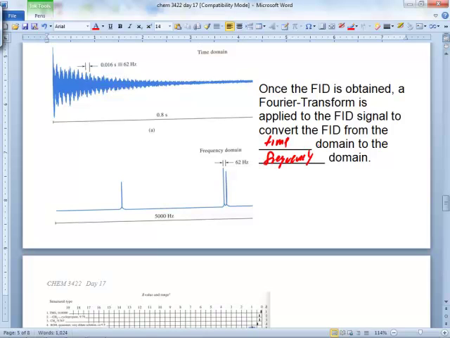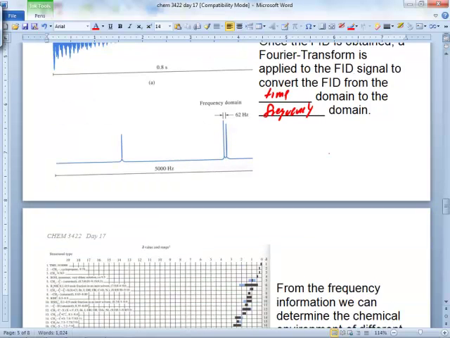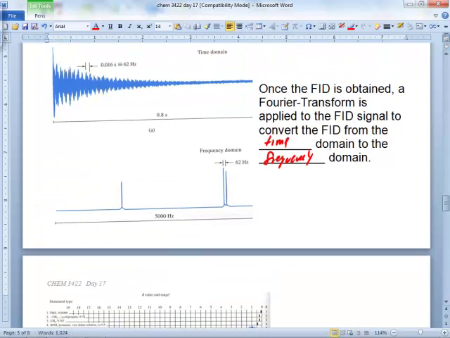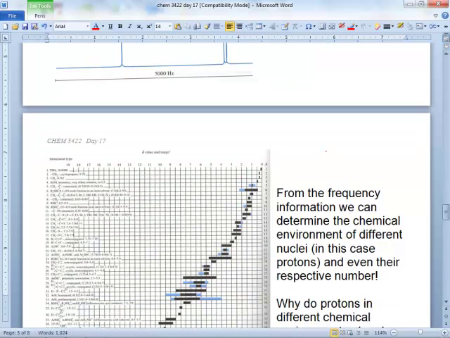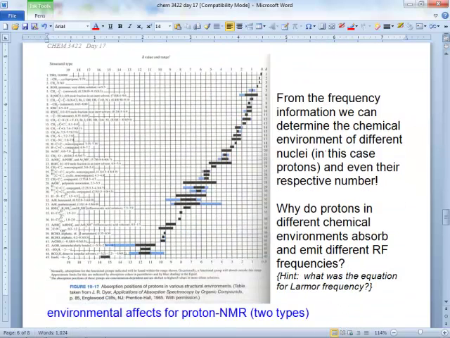And we'll get into that a little bit. So I convert the time to the frequency domain. So that free induction decay, right? This is converted to this frequency domain. And it just consisted of essentially, looks like 1, 2, 3 frequencies. This signal did, if you apply the Fourier transform to it. Okay. From the frequency information, we can determine the chemical environment of different nuclei, in this case protons, and